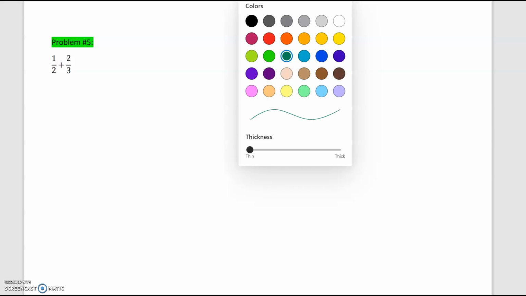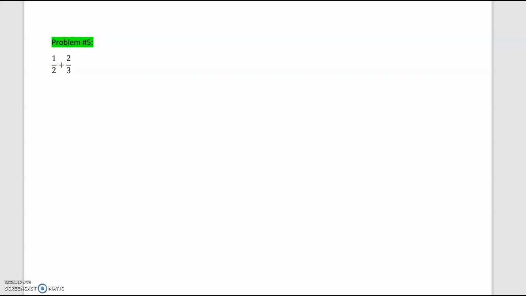Hi class, let's take a look at example 5. Now, for the rest of the examples, we're going to have to find a lowest common denominator before the addition. And the idea here is that once you find the LCD, you're transforming the fractions into equal fractions with the LCD. So if we take a look at this one, your LCD is equal to 2 times